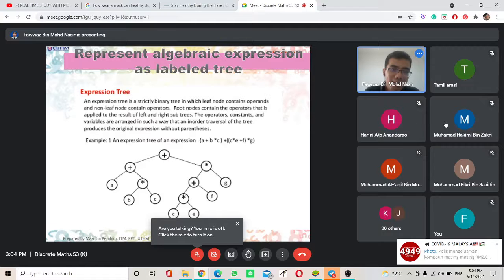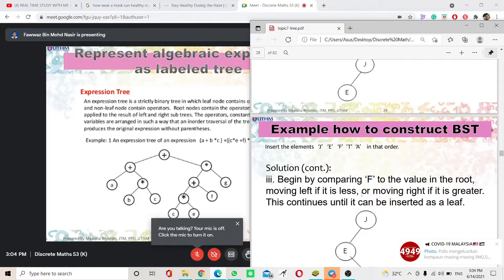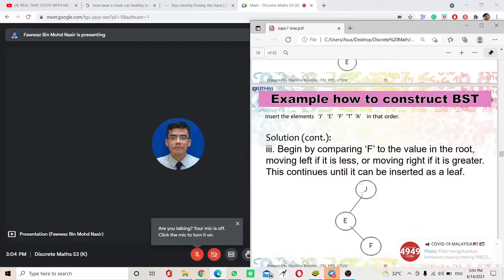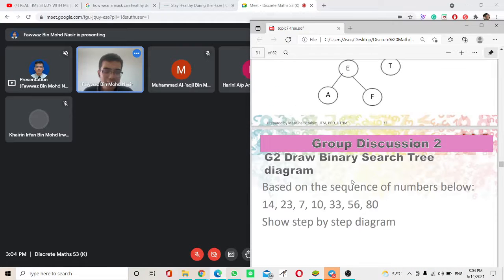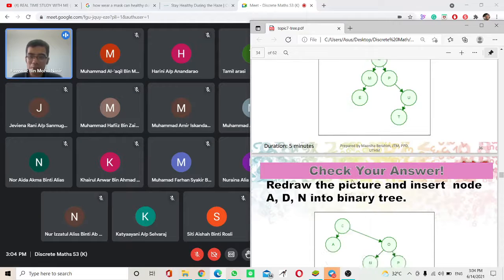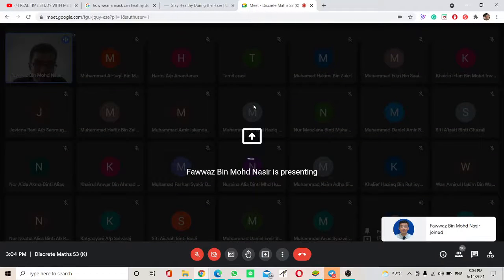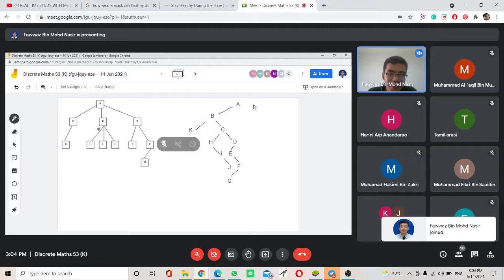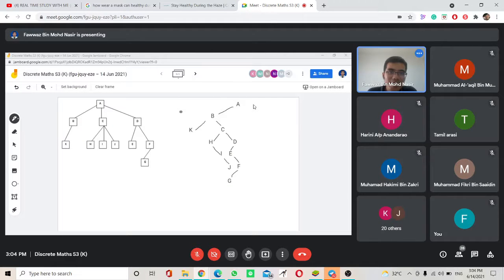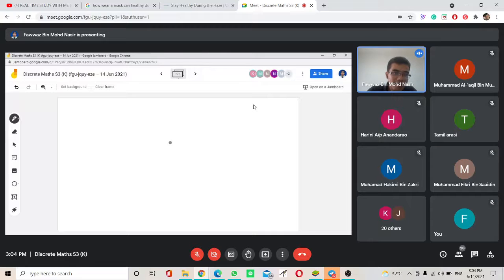So basically bila kita nak represent algebraic expression, kalau korang ingat bila kita nak solve an algebraic expression, kita guna BODMAS kan. Tetapi bila kita punya binary search tree based on algebraic expression, kita just guna BODMAS in the reverse order untuk cari dia punya appropriate expression, untuk construct dia punya binary search tree. Jadi contohnya, kalau kita ambil contoh tadi,